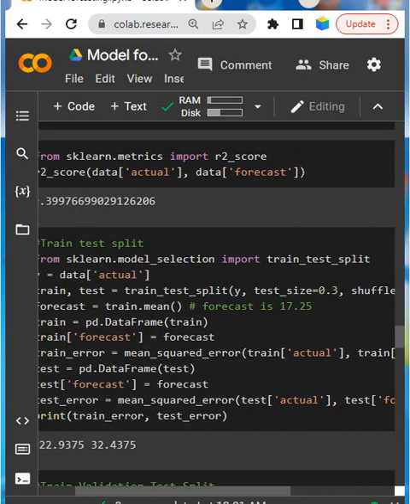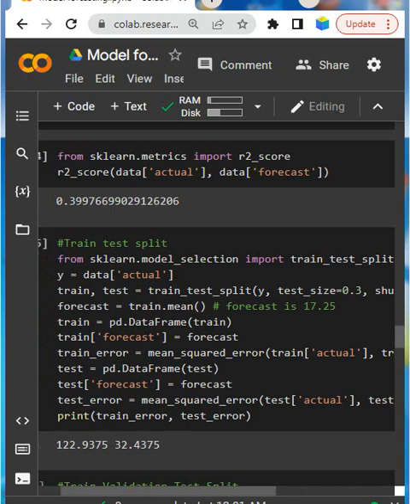After that I have gotten 122.93. So this means the train error is 122.93 and the test error is 32.